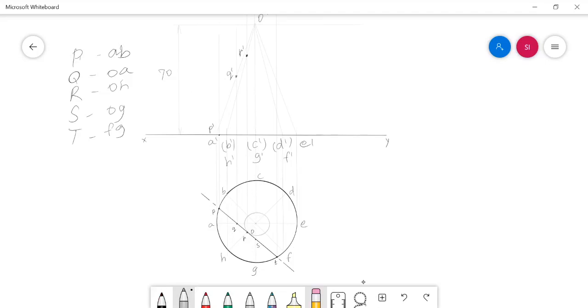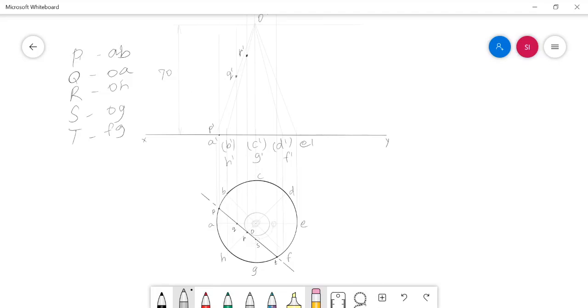We have to do a simple step using our compass. Use point O as center and OS as radius. Draw an arc towards any slant edge, say here OE.